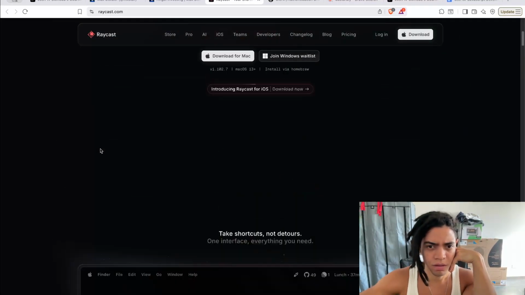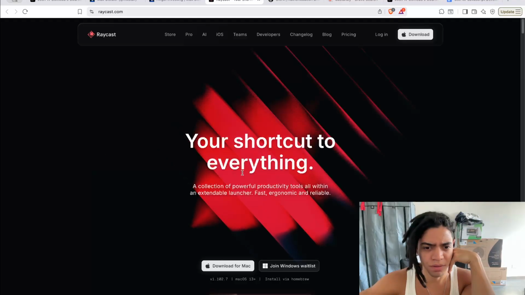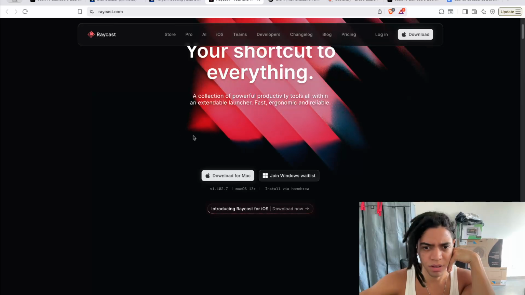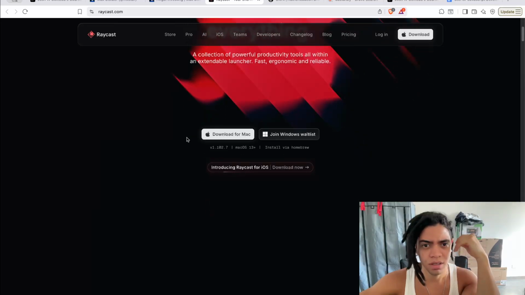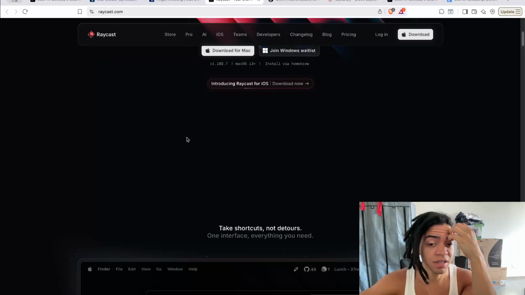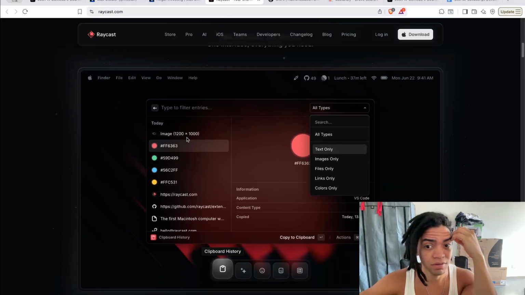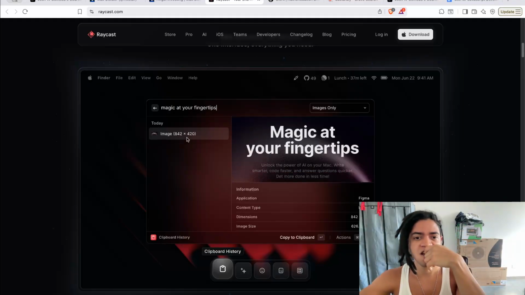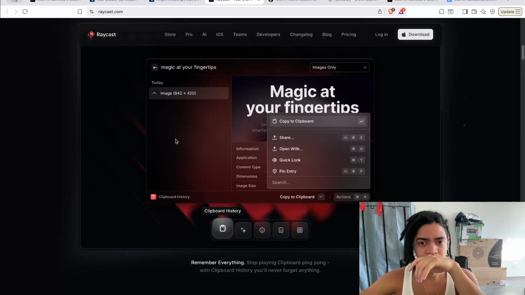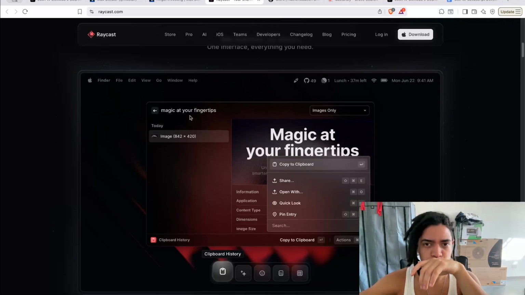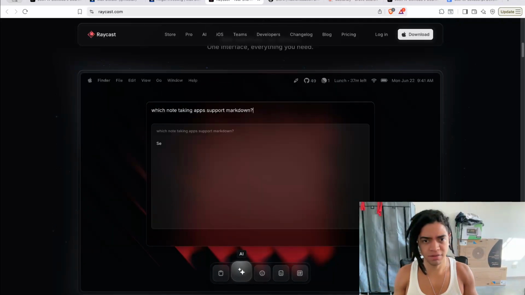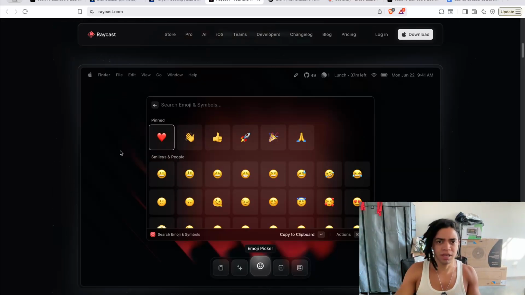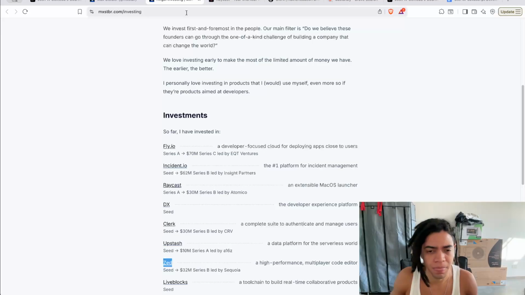What is Raycast? Your shortcut to everything, exactly. It's a powerful productivity tool, all with an accessible launcher, fast, ergonomic, and reliable. Yeah, but this is for shortcuts. Exactly. Oh, I do think that I have Raycast. If I don't, no problem. Any case,